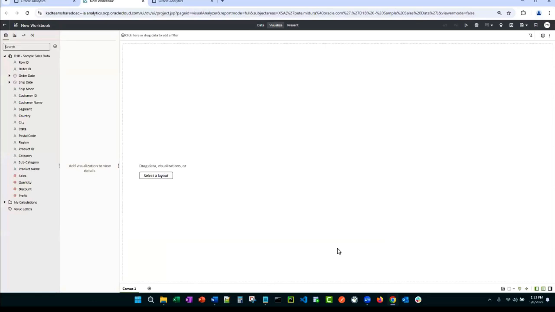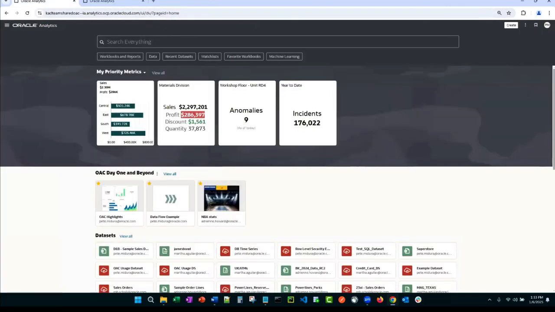And for those administrators out there, this feature can be turned off. That said, most features in this platform can be controlled through fine-grained privileges, and that can be applied to users and/or groups. All right, let's get in this workbook for a moment and take a look at the data set we just imported in our data preparation area.